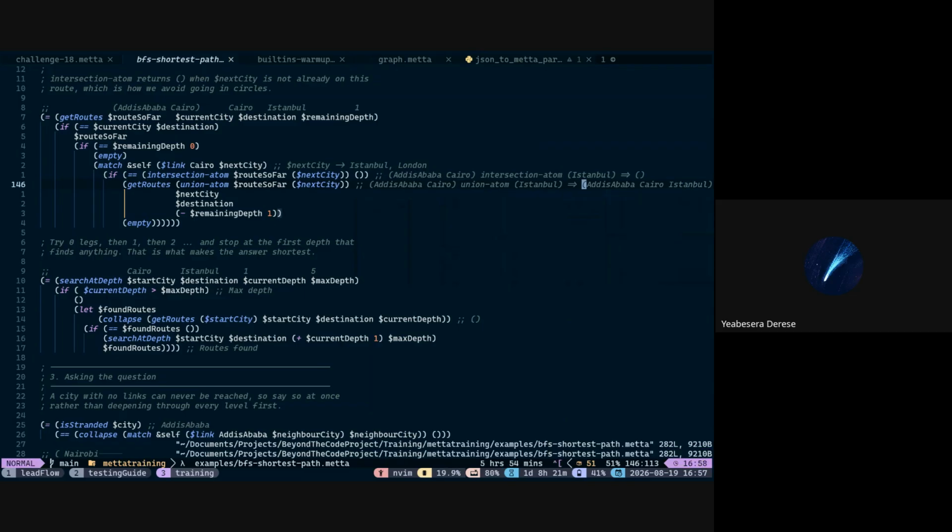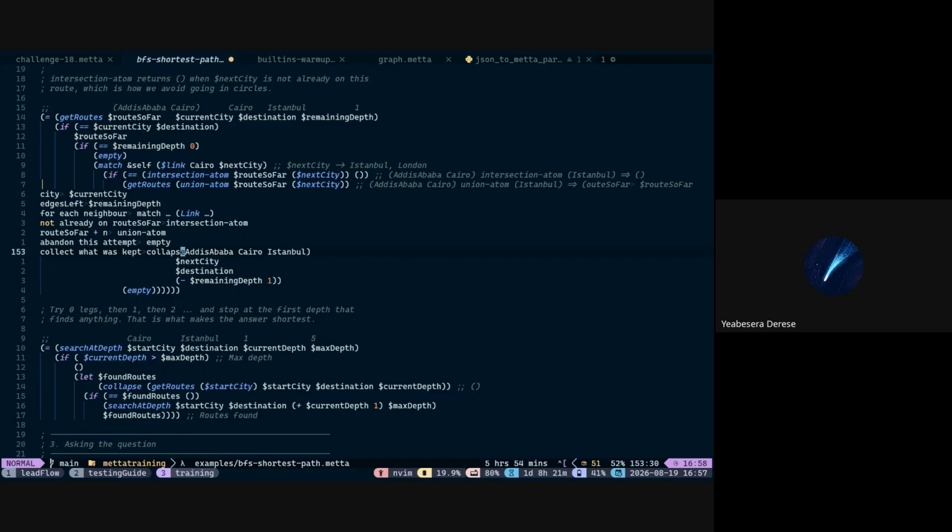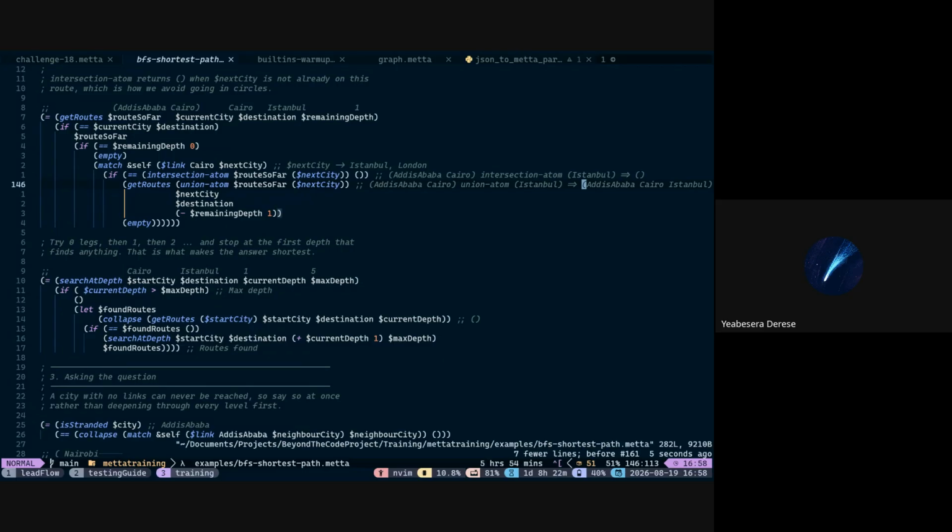So we have this path built like this. We're going to pass that in place of the route so far. Remember, the first argument of the getRoute function needs a recursive call. So the first argument of the getRoute function is going to be this updated route so far. Then we pass the next city as our current city, because now we've moved from Cairo to the next